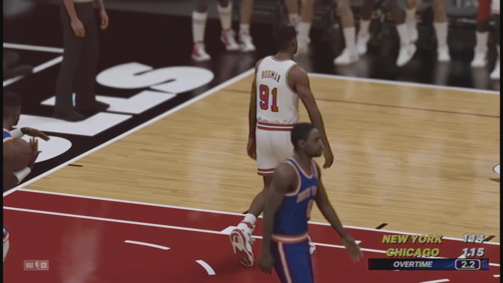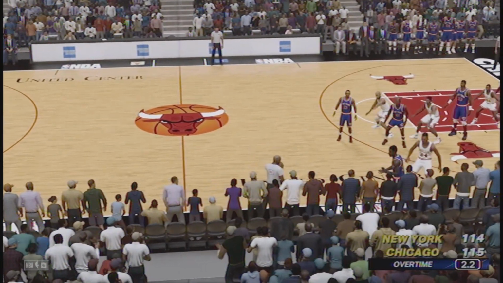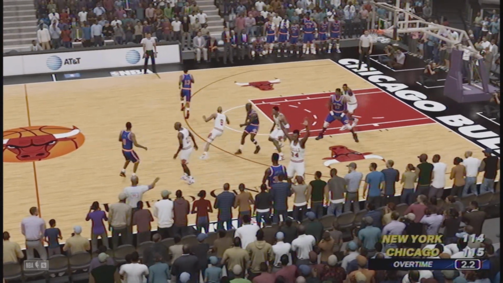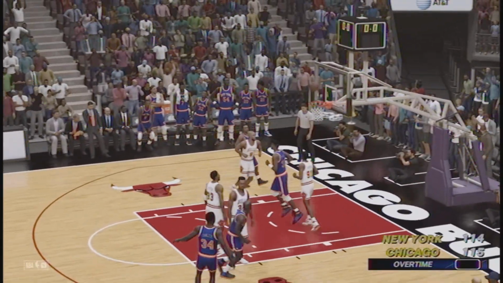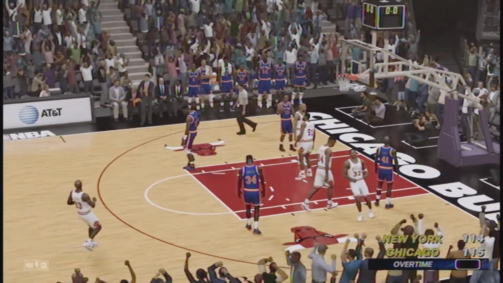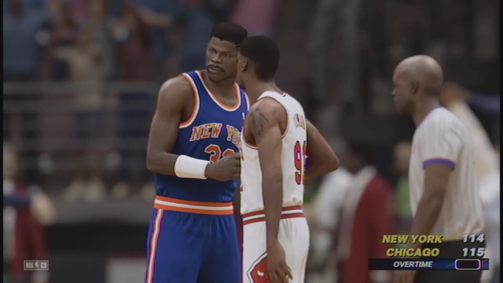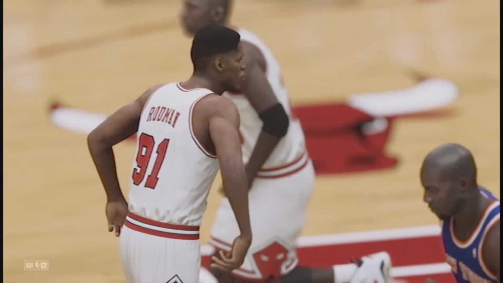And the Bulls take a 1-point lead with 2.2 seconds left. Oakley going to inbound the ball. Inbounds pass to Spree, long 3. And that will do it. The Bulls will win this game, 115-114.